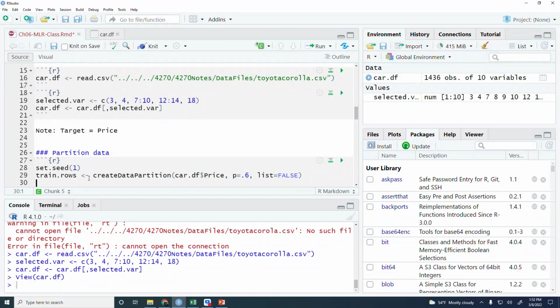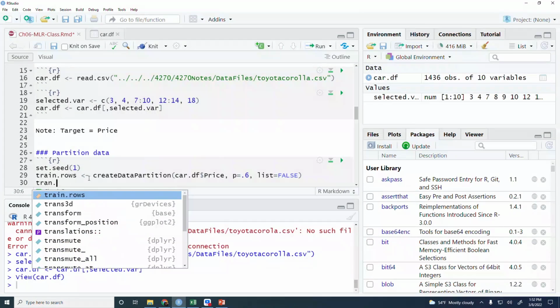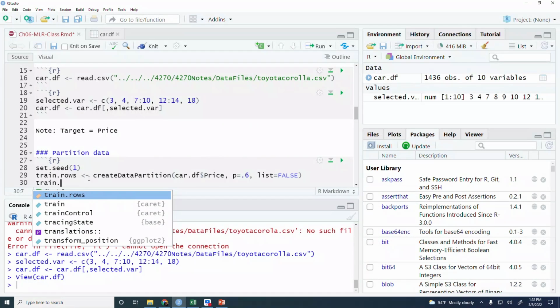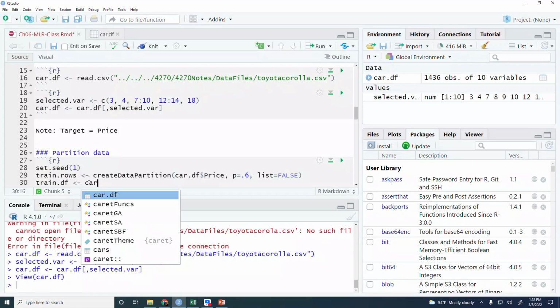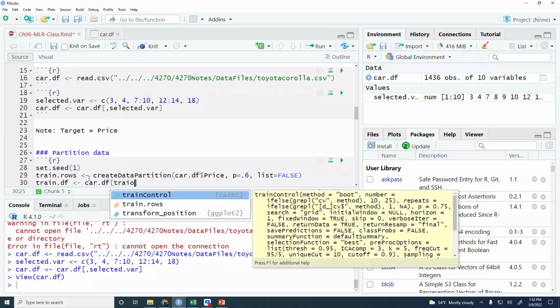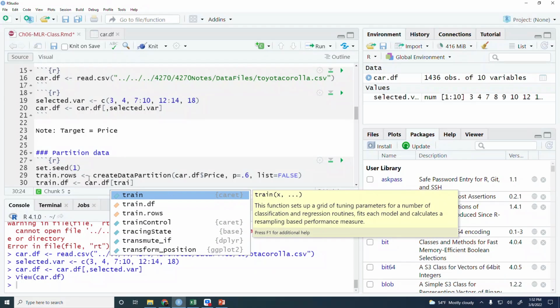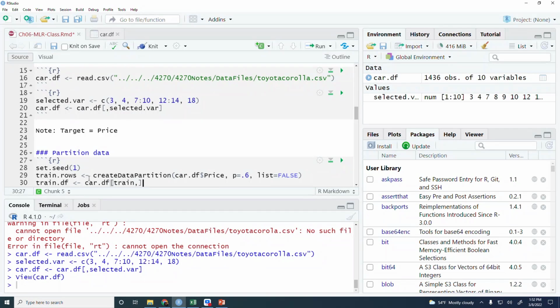Then we can do train.df is car.df, train rows, and all the columns.